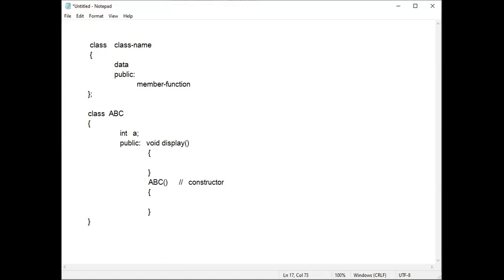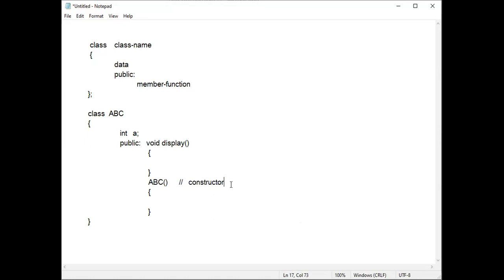Now, why are we using a constructor, that we should see. Why do we have to use a constructor? The name itself tells: construct means to create. For example, construction of a building means creation of a building.